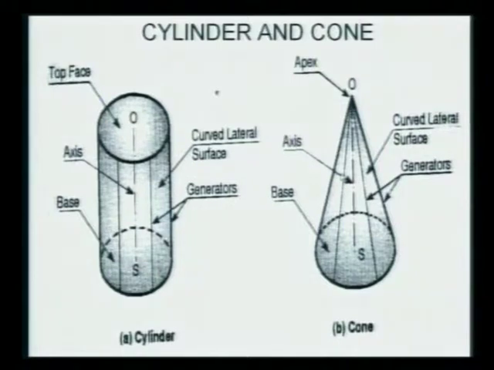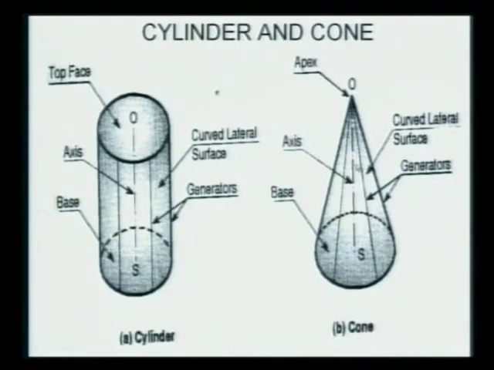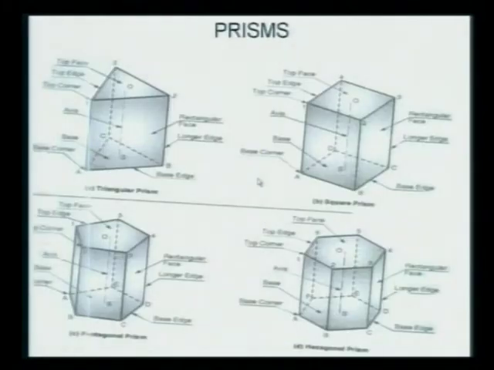Pyramid and cone are similar only in the apex, but the base is different. A cone compulsorily has only a circular base. It doesn't have any other polygonal base. In a pyramid, there may be a base of any different polygon, a triangle, square, like that, any. And there is an apex. Both have an axis. So in all, these are the important solids.